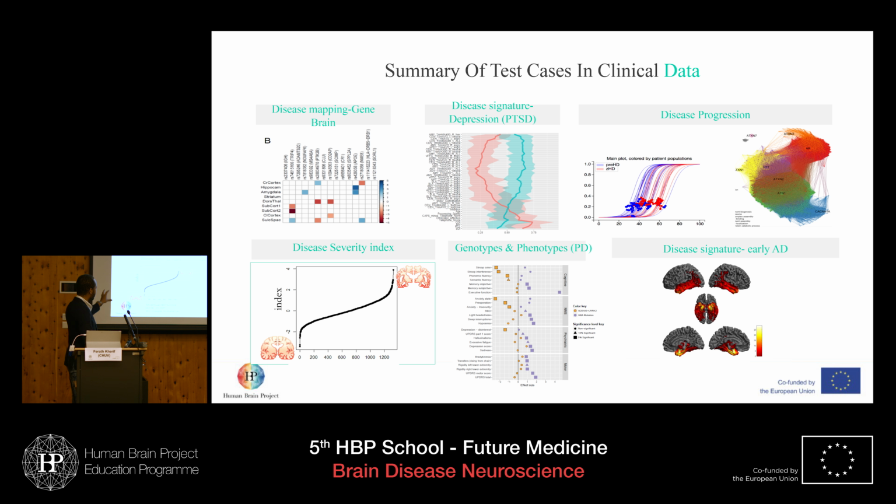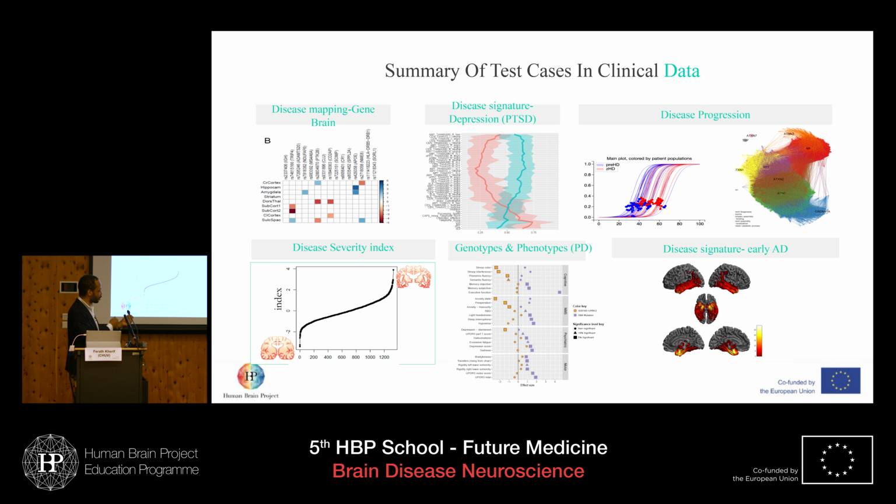So basically how we can create indexes based on the biological data that correlate with the clinical diagnosis. So basically how we can convert this high-dimensional data to a very small number of values that are meaningful for the clinicians. And we can also identify the early signs of AD. You have here one of the slides with the brain. So basically these people are in fact not even early AD. They are, let's say for the clinician, healthy. They're completely asymptomatic. These are people that have no symptoms at all of dementia.